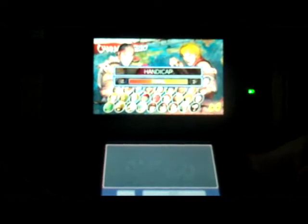Though the 3D may cause some eye strain, it can take a bit to get used to, but it's really great. There's also a slider on the system to set how much of the effect you want to see, or if you just want to turn it off. I find myself playing it at about 45% and it's perfect. It does not hurt my